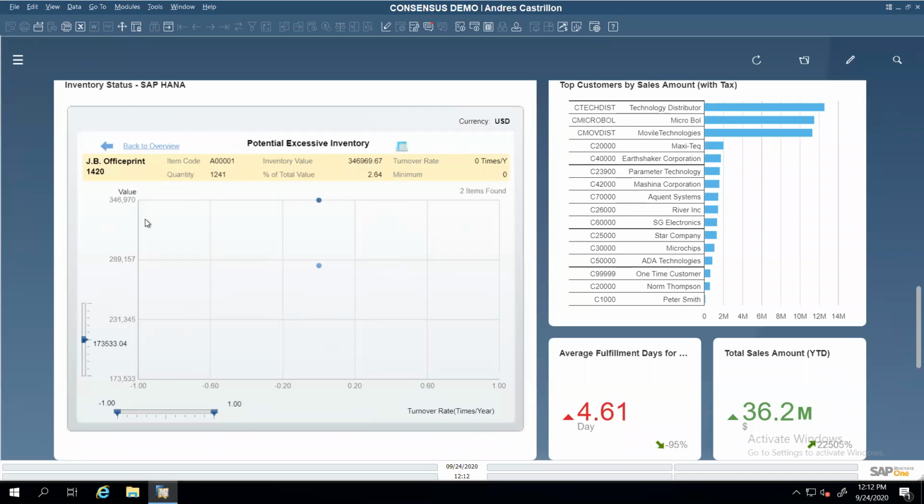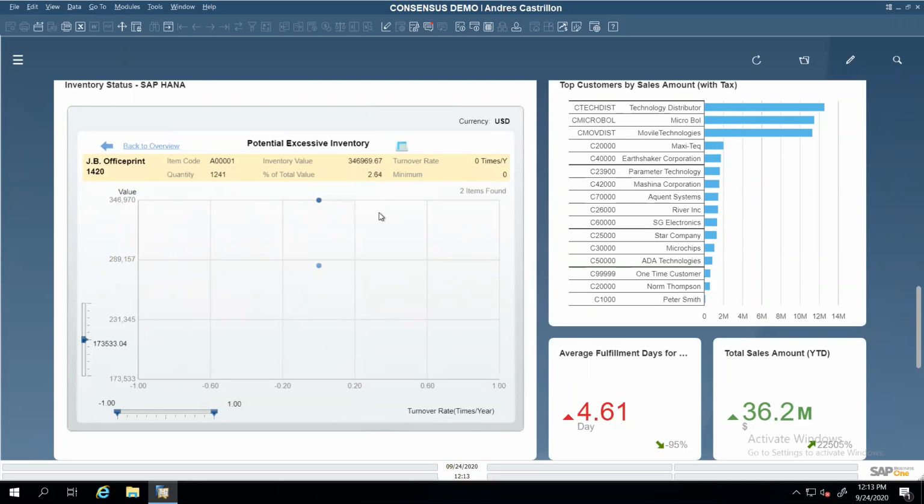For example, this item here has a high value, and I'm not moving it quick enough: $346,000 here in inventory. If I move the cursor to this point, I see that it is a JD Office print painter where I have a high value.